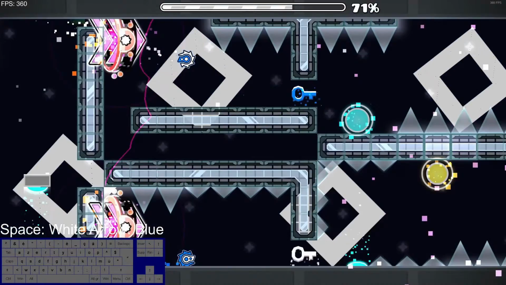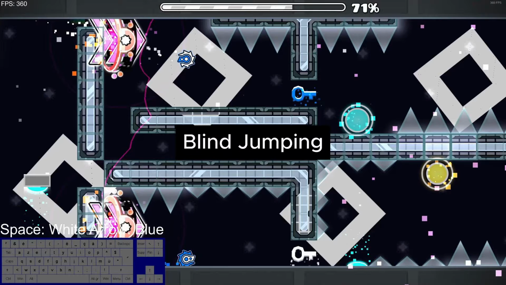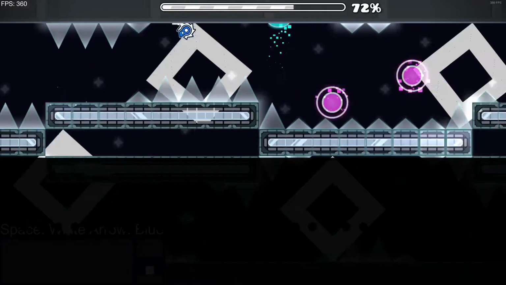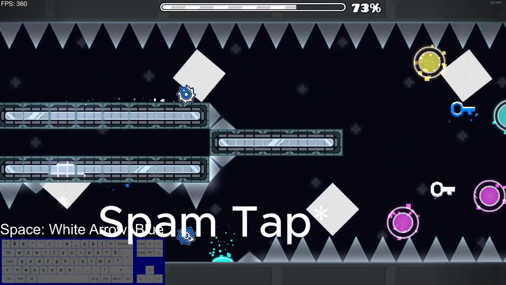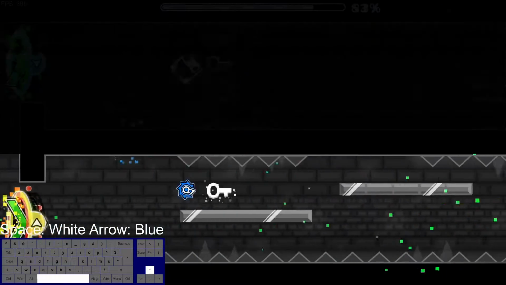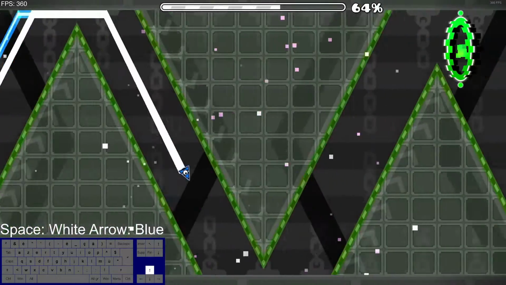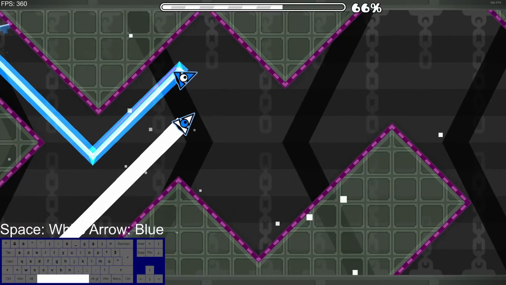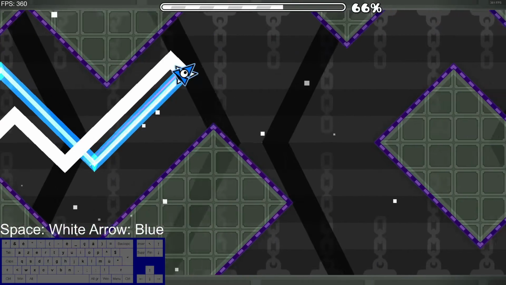The first strategy is blind jumping. This is where you only look at one section and you perform blind jumps on the other. This technique is used here and here. The second and more difficult technique is where you have to simultaneously control both characters at the same time, which